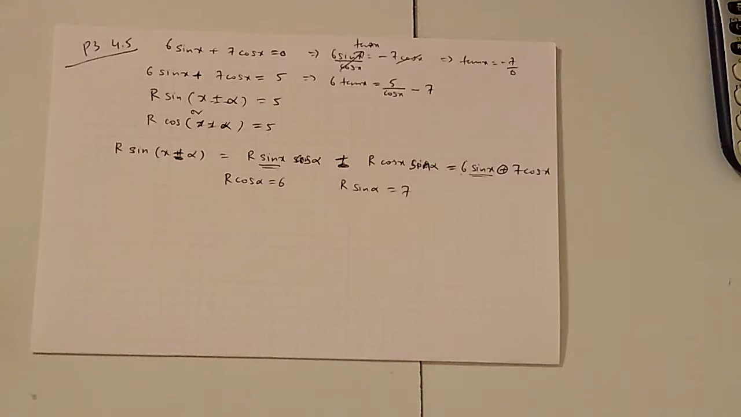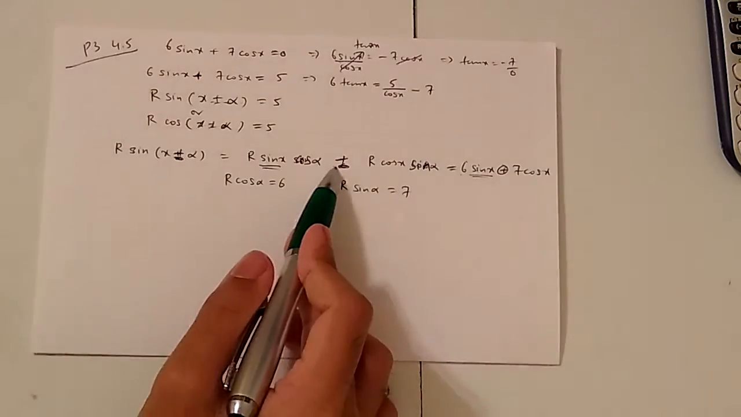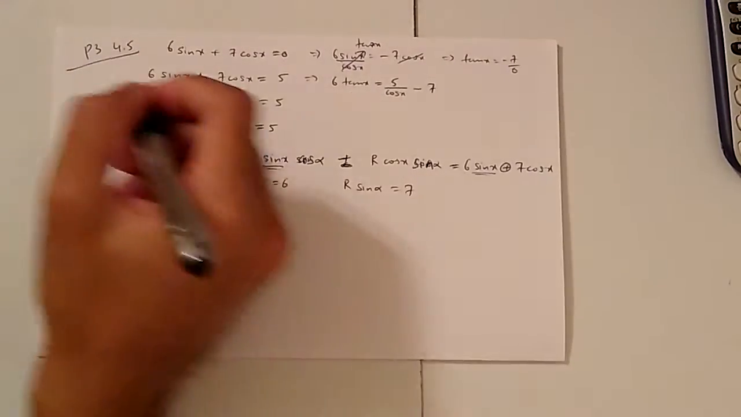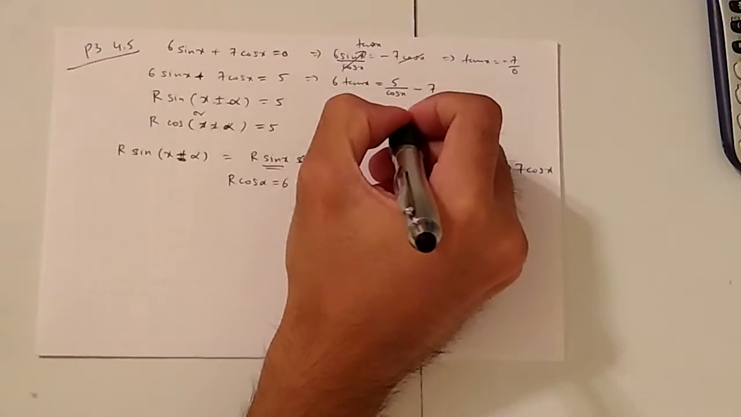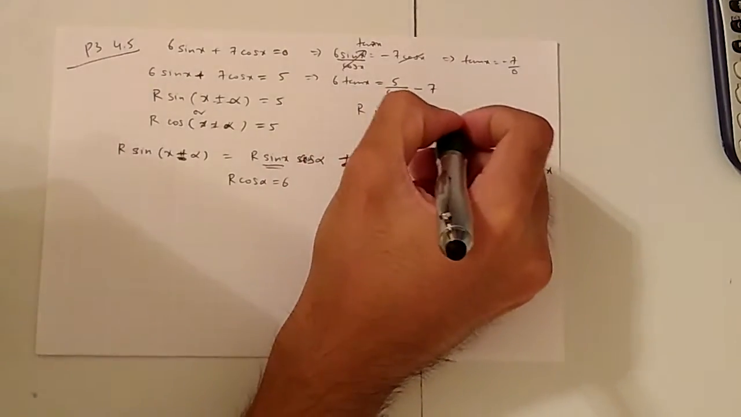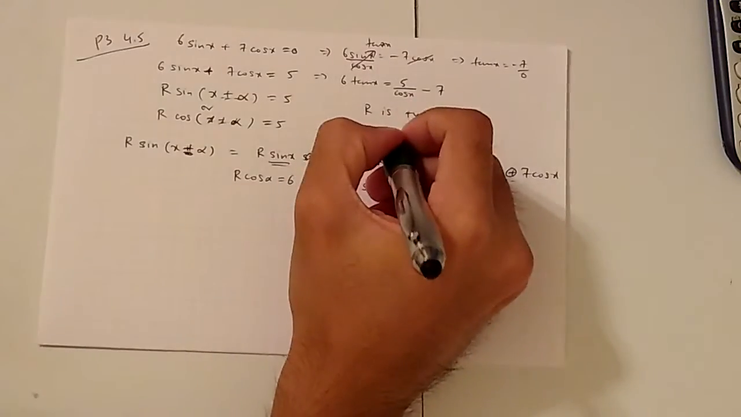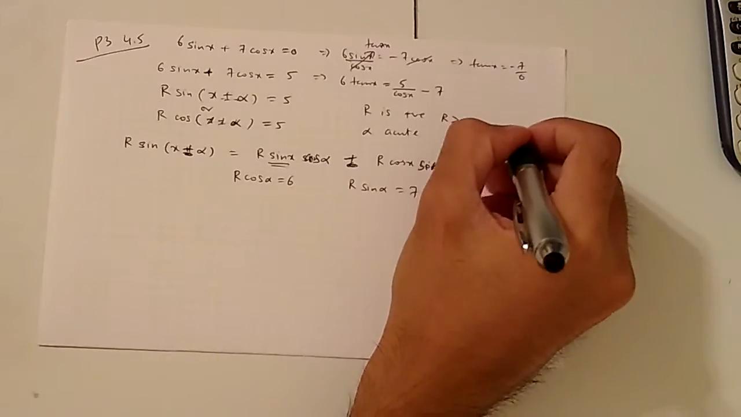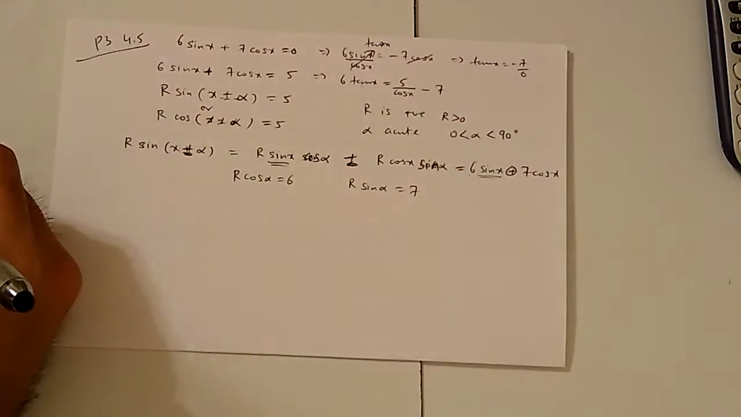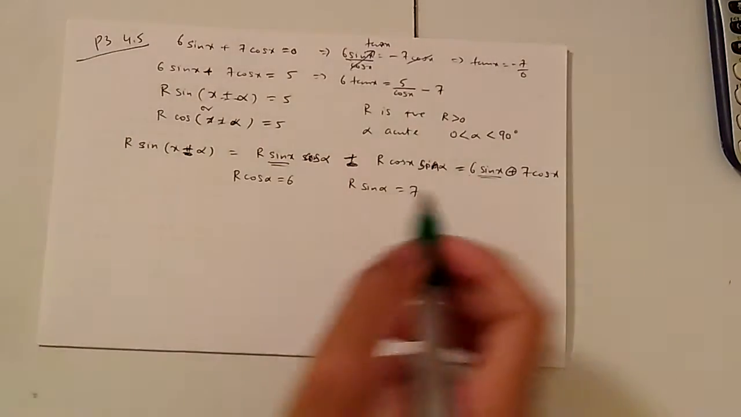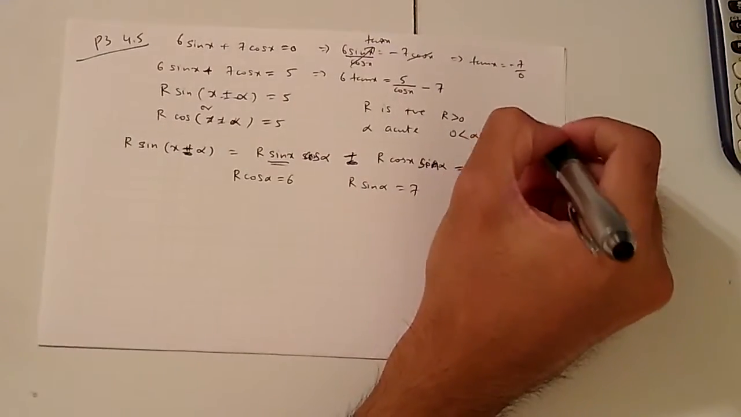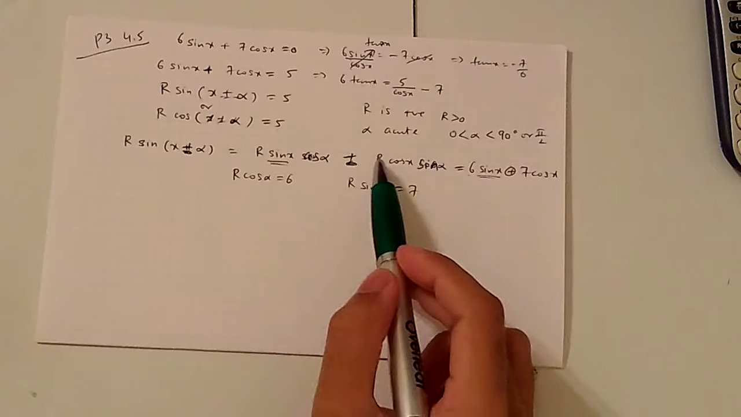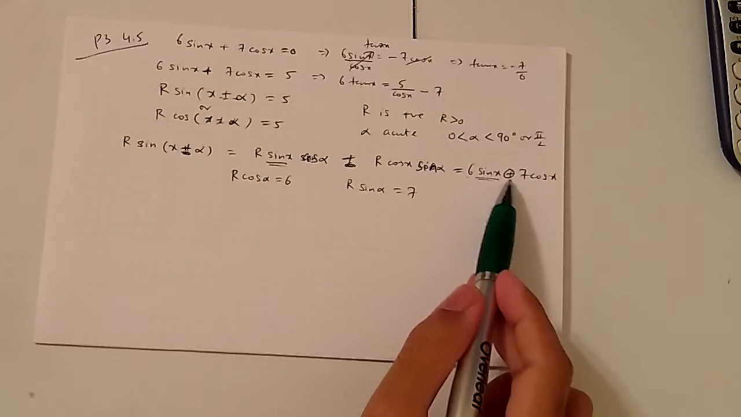Notice we are just using the plus version for this formula, because the plus is what you have in our final answer. R is positive, just to make sure R is always positive, and your alpha is going to be acute. In other words, 0 is less than alpha, which is less than 90 degrees, or pi by 2 if you're having radians. So we have R cos alpha equals 6, R sine alpha equals 7,